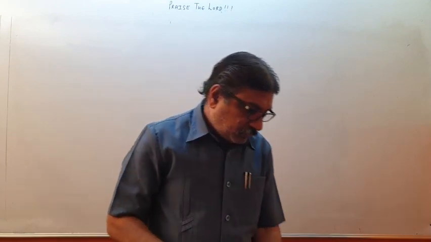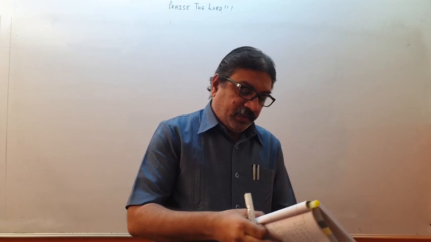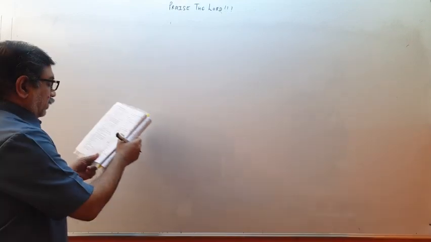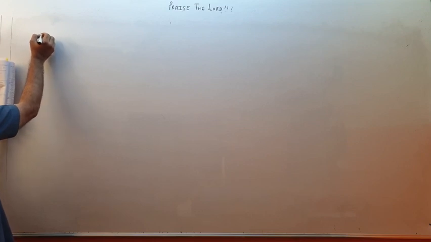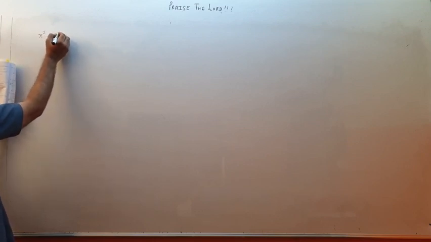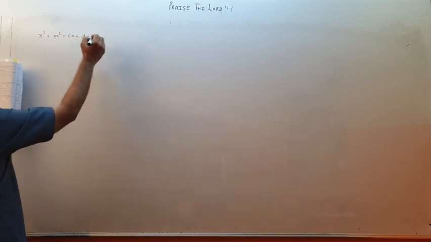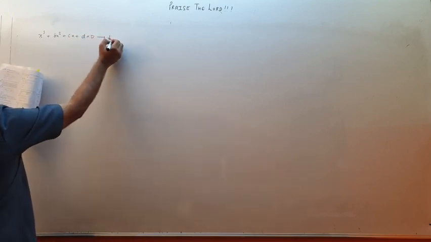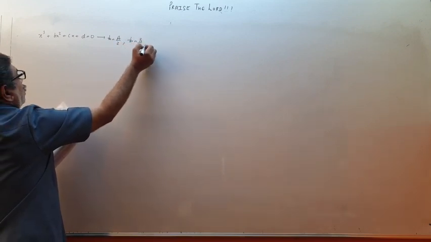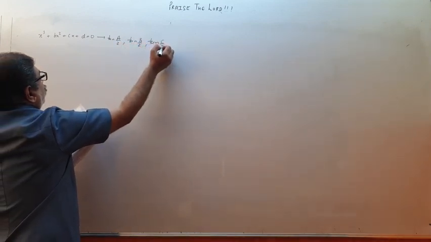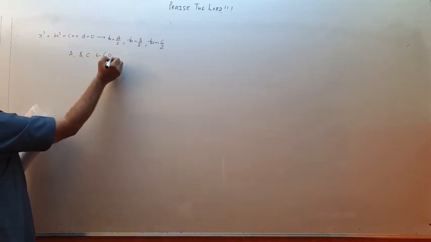Look, so this I have done for you. See, one more is given to me. The equation is x cube plus bx square plus cx plus d is equal to 0, and its roots are tan A by 2, tan B by 2 and tan C by 2, where A, B, C are angles of a triangle.